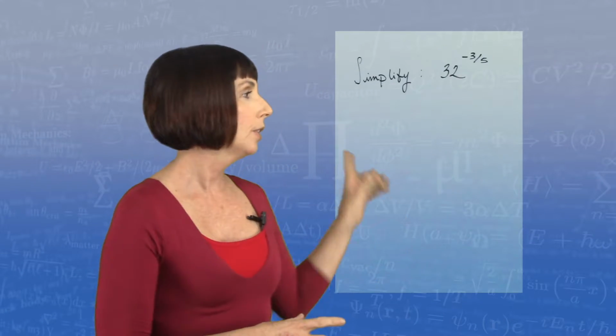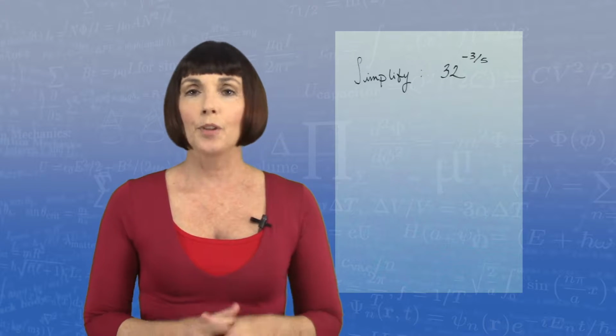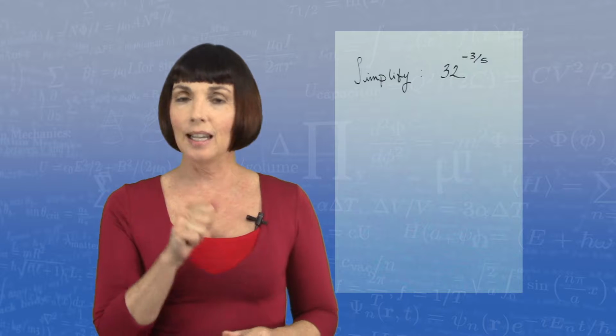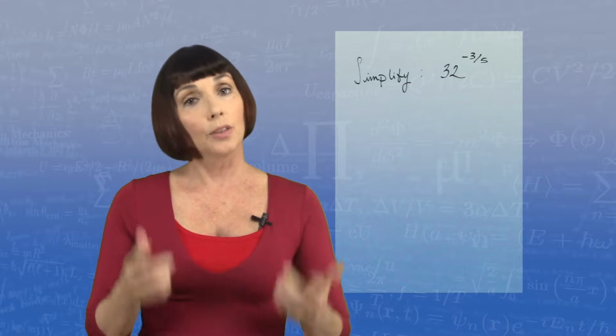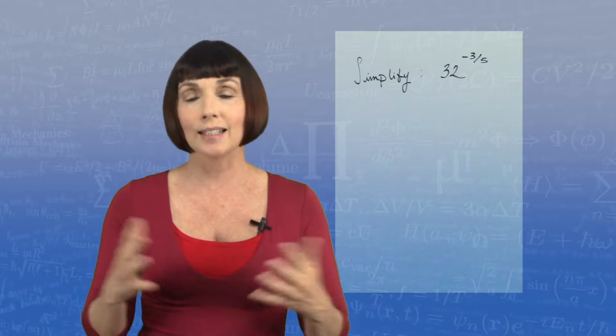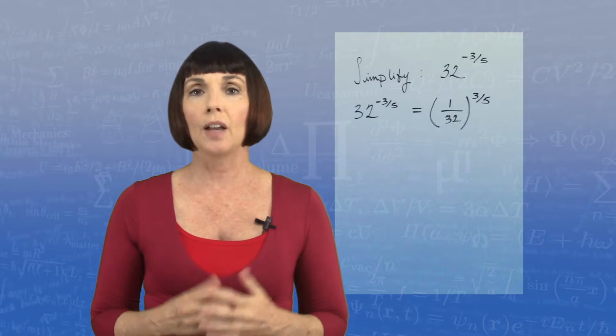Let's look at our first example. Simplify 32 to the power of negative 3 over 5. Okay, the first thing I'd like to do here is make that negative exponent a positive exponent. And I do that by taking the reciprocal of what I'm raising to my exponent. So 32 to the power of negative 3 over 5 is equal to 1 over 32 to the power of